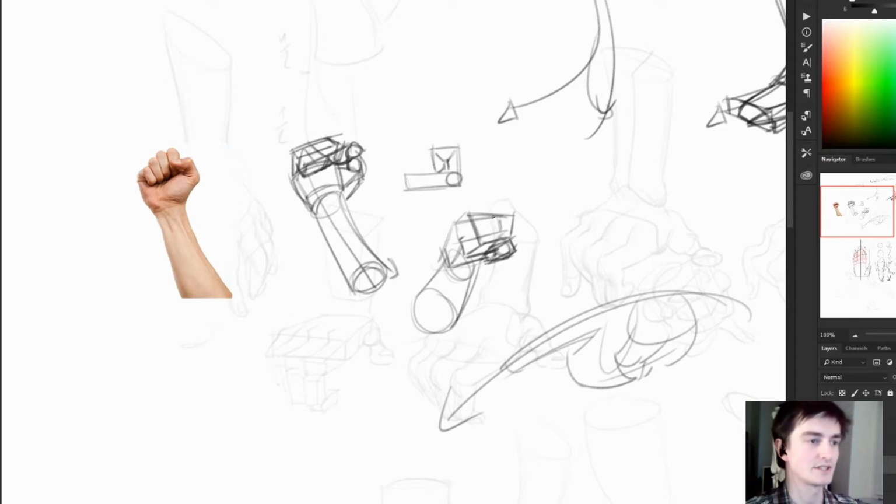And then I have still studied this, I've used my reference, but I have applied it in a completely different way because I understand the forms that pertain to this reference, to this hand, to this specific situation of the hand. Or you get the ball of the thumb in there, define the outside a bit more. I could then go in and have considerations of, okay, you can see that the little finger is definitely,